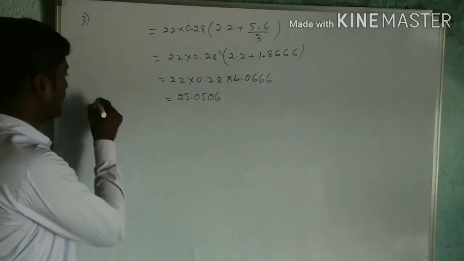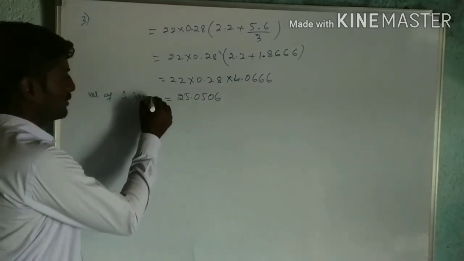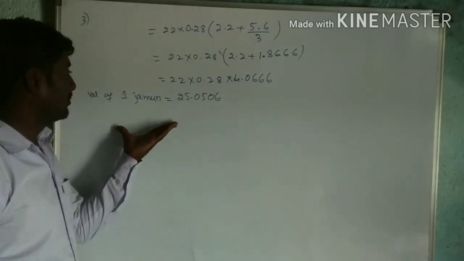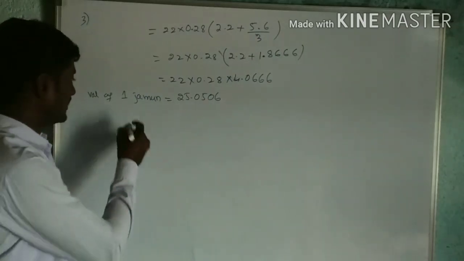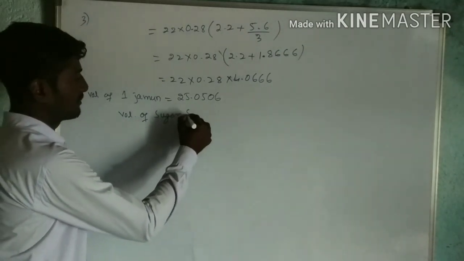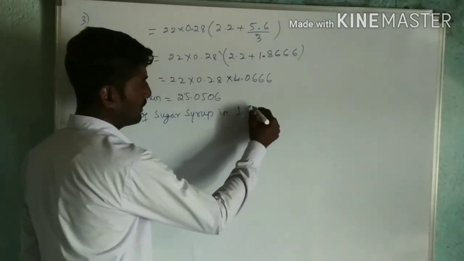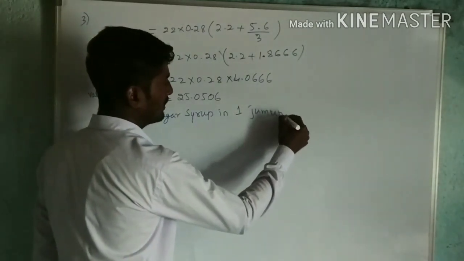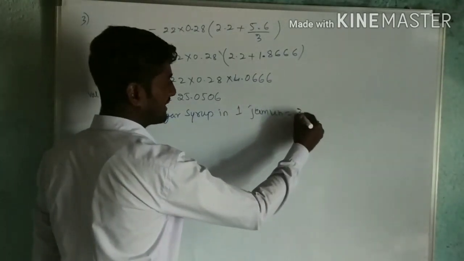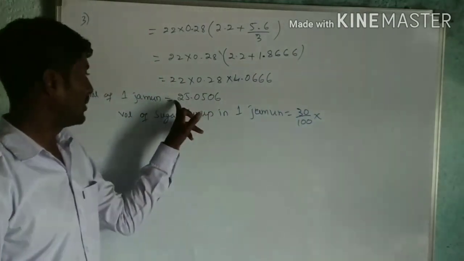So this is the volume of 1 gulab jamun. It is the volume of 1 jamun. Now we are going to find the volume of sugar syrup in 1 jamun. So volume of sugar syrup in 1 jamun is equal to 30 percent, means 30 divided by 100 into volume of 1 gulab jamun. So the volume of 1 gulab jamun is